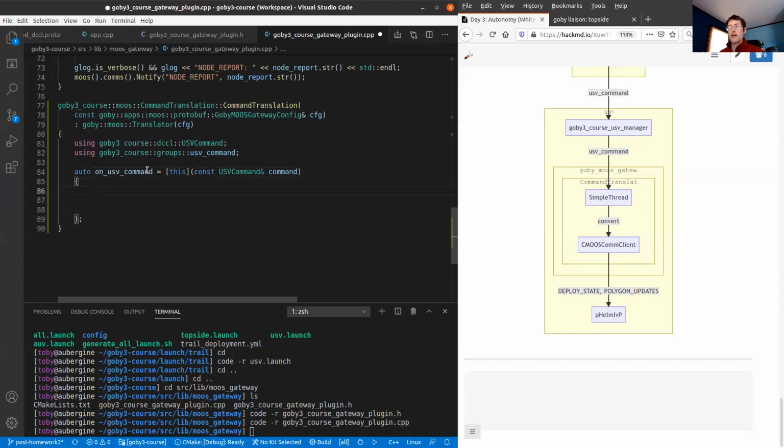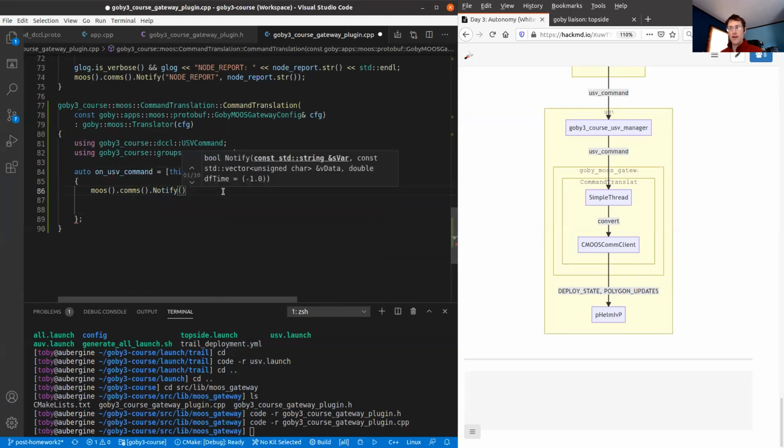And what do we want to do when we get that command? So this command has the desired state field, and we want to publish that as deploy state. So we'll do moose.comms, which gives us access to the CMOOS comms client, which is what we can publish on Moose. Notify is, that's what Moose means, that's the Moose word for publish, basically. So deploy state is the name of the variable I want to publish.